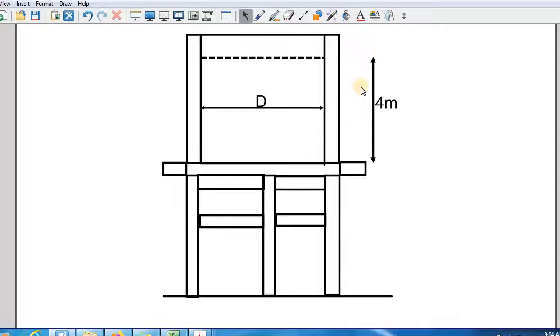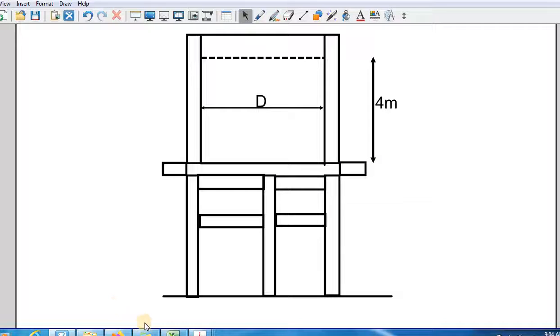Of course, we will be giving a small freeboard of 200 mm or 300 mm as usual. So this is what we are going to design. The design of columns and all we already studied, that is not in our scope. So we'll be designing only the wall as well as the base slab.